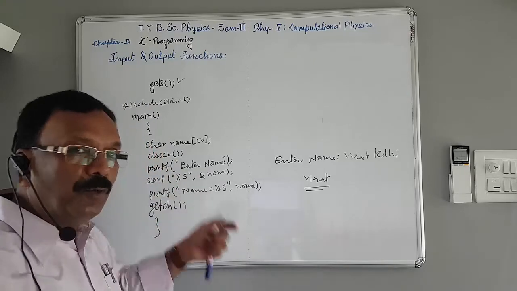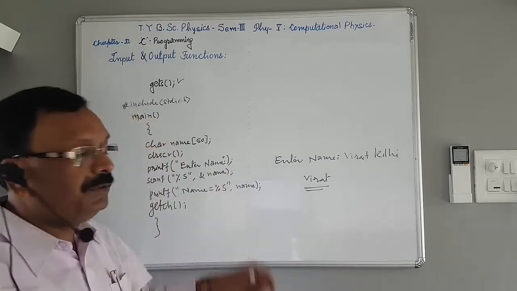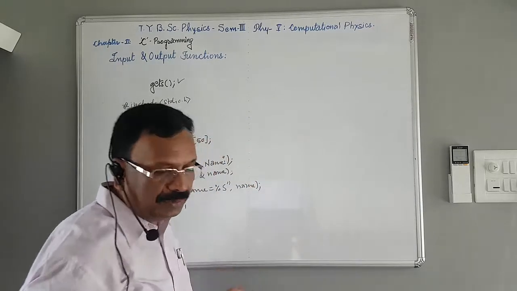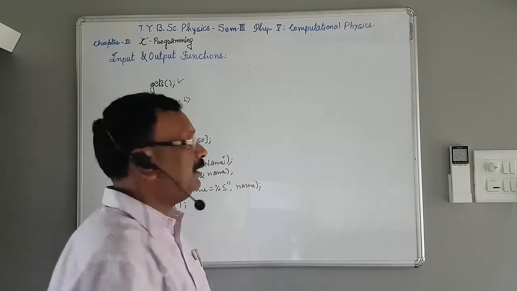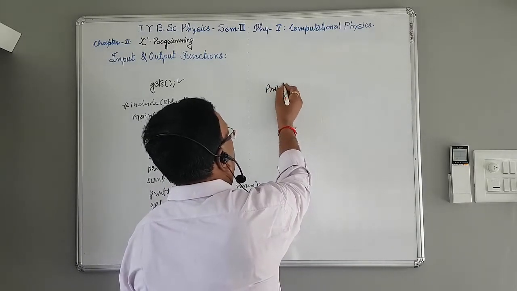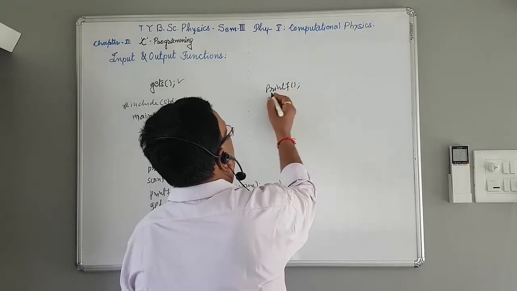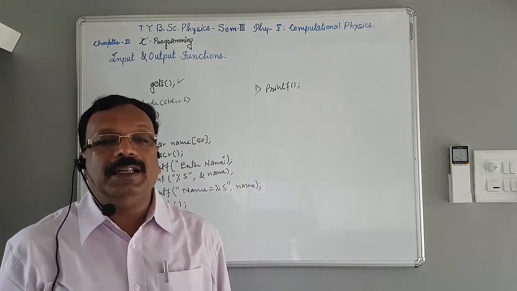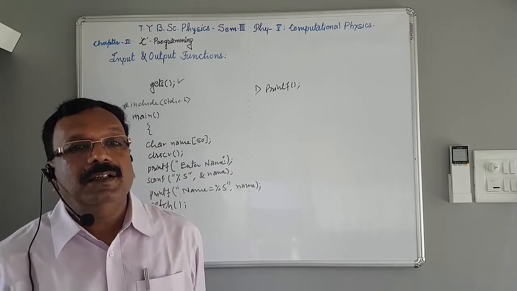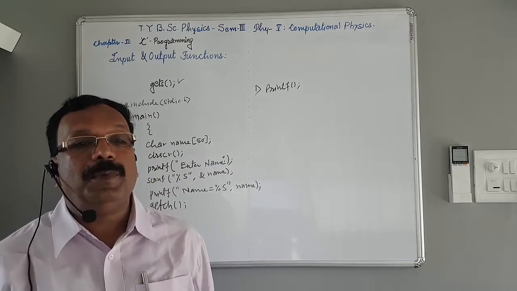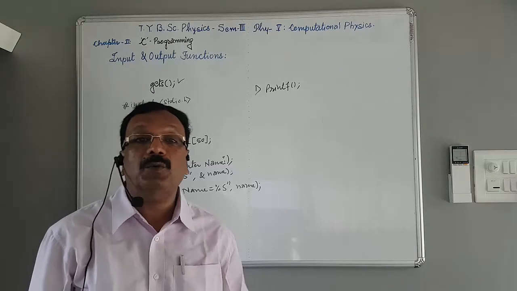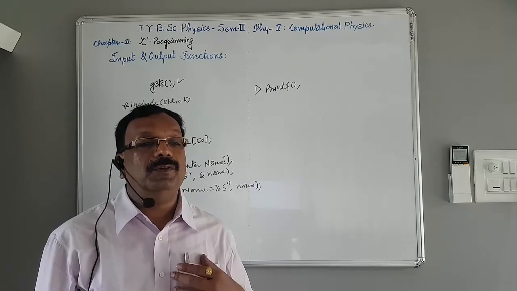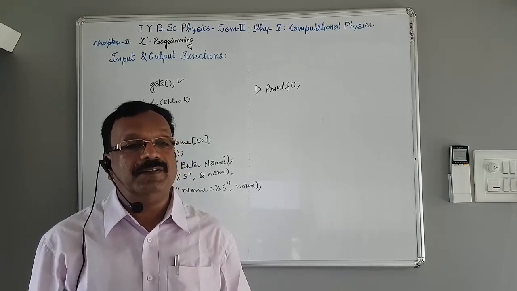Again, we want to see this program in output function. So now we are going to see some output functions one by one. This was about input functions. Now we want to see the output functions. The first output function is printf. The printf function is used for formatted output and uses a control string, which is made of a series of format specifiers to govern how it prints the value of the variable or constant required.